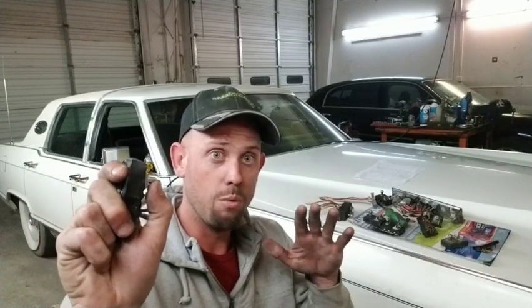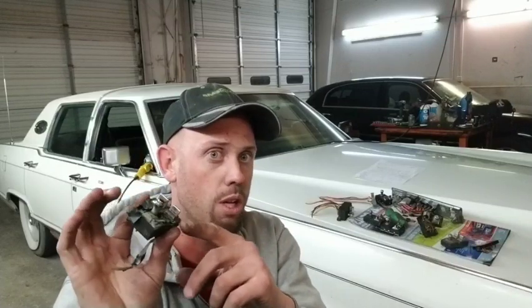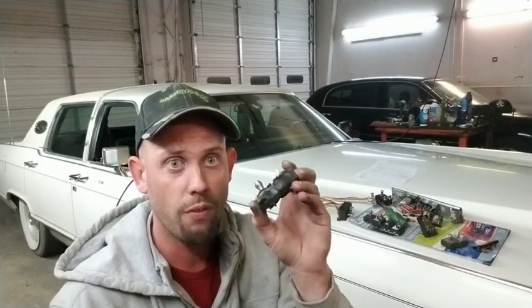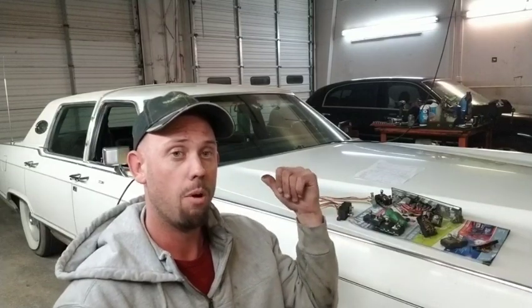The other way that these switches can fail is that you could push this forward and the seat will tilt forward, and when it gets to where you want it to go, you let off of it and it still continues on until it reaches the end of its travel, and then it still continues to go, because this switch can't break contact when these get so corroded inside here. They're just not sealed that well. That's what could possibly happen, and I'll show you in the switch that's on this car